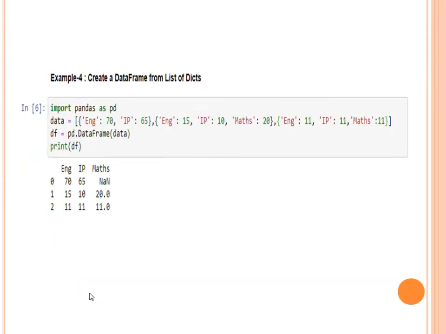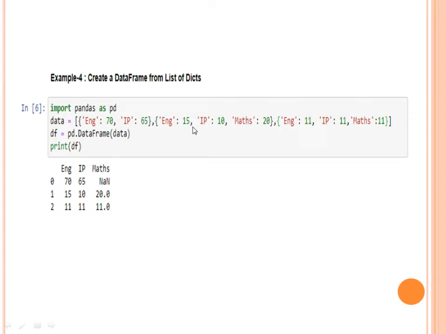Next is create a data frame from a list of dictionaries. Means there are so many dictionaries. I have made the list of dictionaries. So see here, one dictionary is this, another dictionary, and another dictionary. So this list is the combination of three dictionaries. With the first dictionary, the values are English and IP.